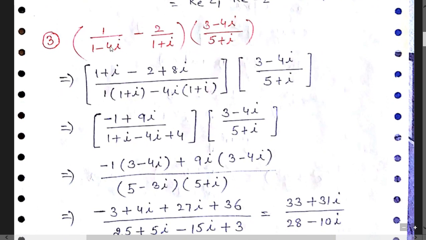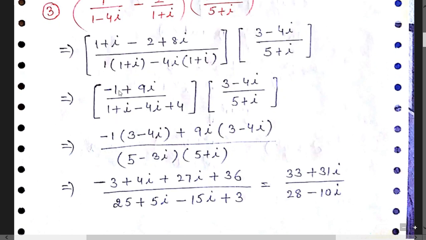Question number 3, you have to solve this: (1 over 1 minus 4 iota minus 2 over 1 plus iota) times (3 minus 4 iota) divided by (5 plus iota). Take LCM in the first bracket, 1 plus iota, and minus 2 into 1 minus 4 iota, it's minus 2 plus iota, and in the denominator multiply both the terms,